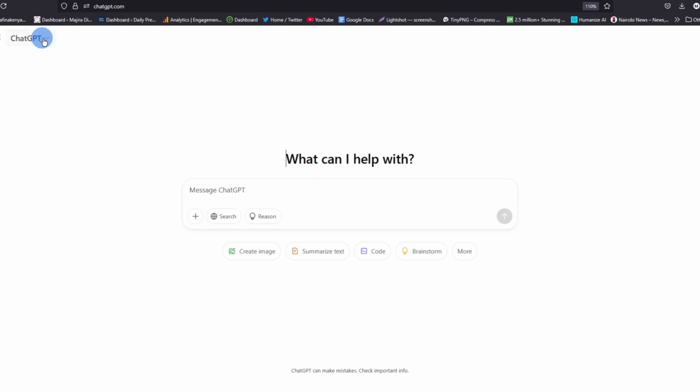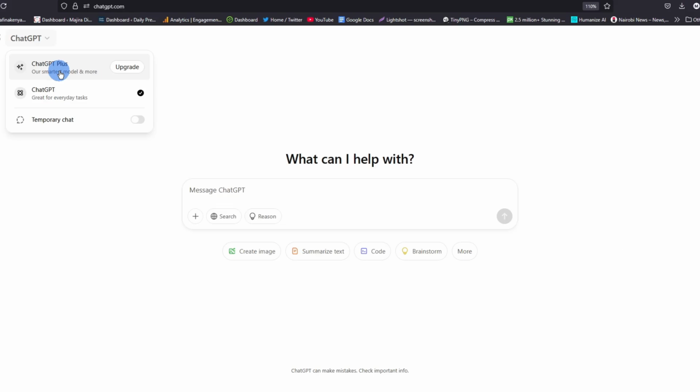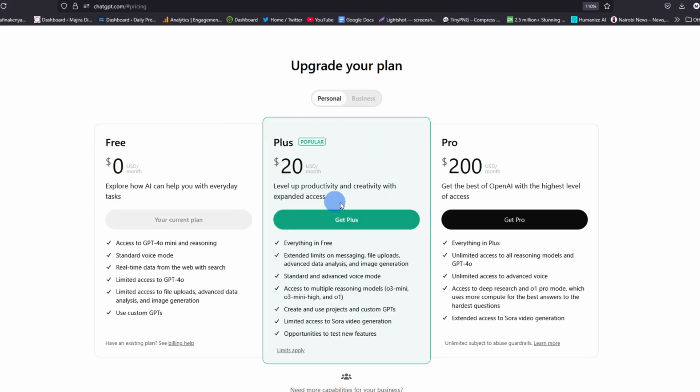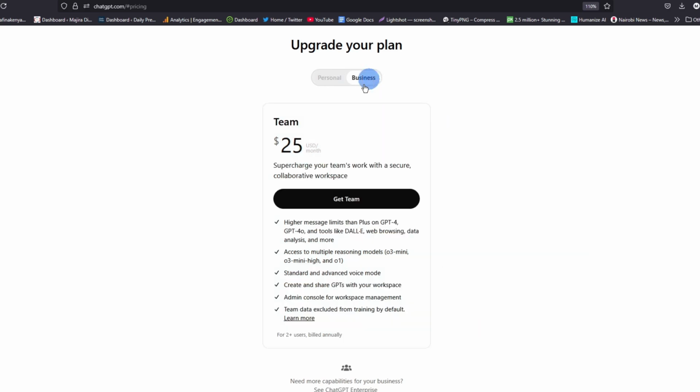The first one is to tap on the down arrow here, and then from here choose the ChatGPT Plus. When you tap on this, it will take you straight to the ChatGPT plans that are available, and here you can now switch from your free plan to Plus or to Pro, depending on your interest. Alternatively, you can change from personal plans to business plans, and under business plan we have one plan which goes